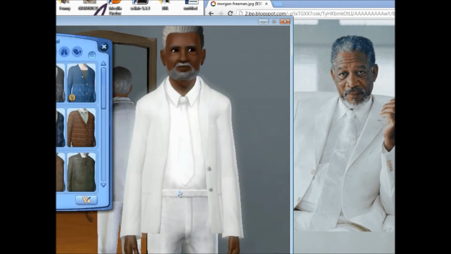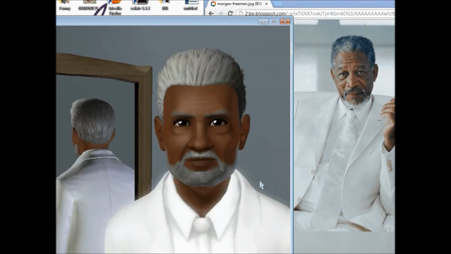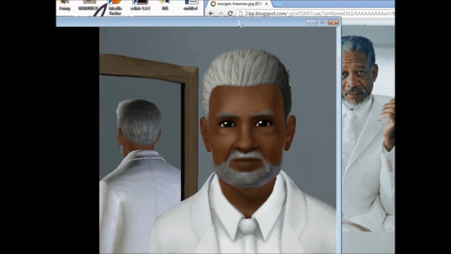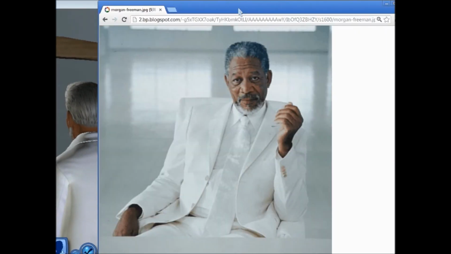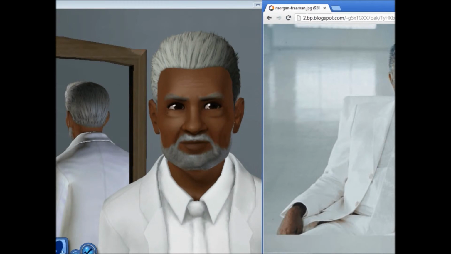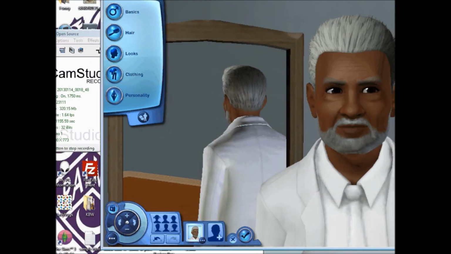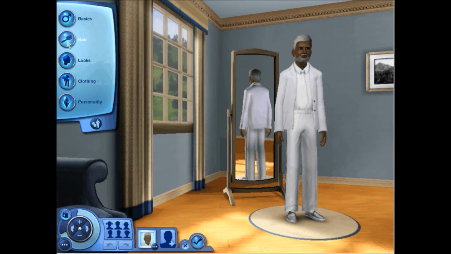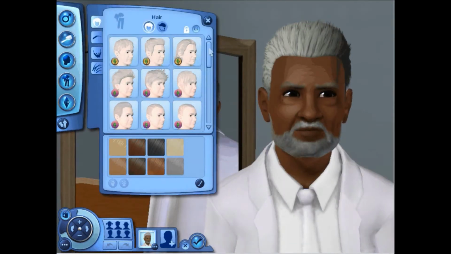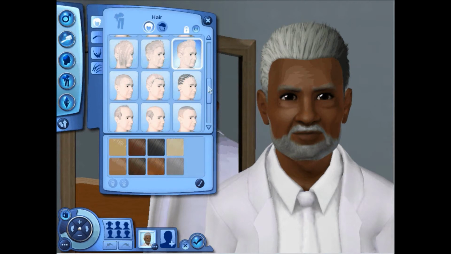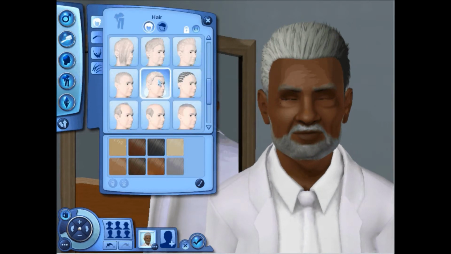So this is pretty much what I ended up with the first time I went around. And I was all ready to upload this to the exchange, and I realized, no, he looks ridiculous. He doesn't look like Morgan Freeman. So the next day I decided to go in and change it because I couldn't deal with it. I went through and chose a shorter hairstyle for him,